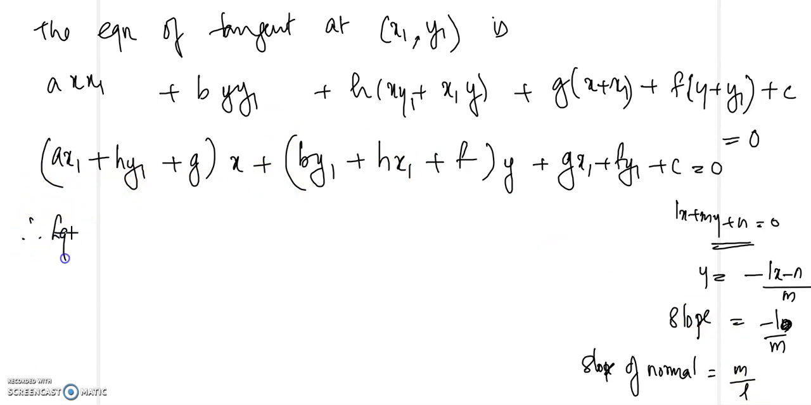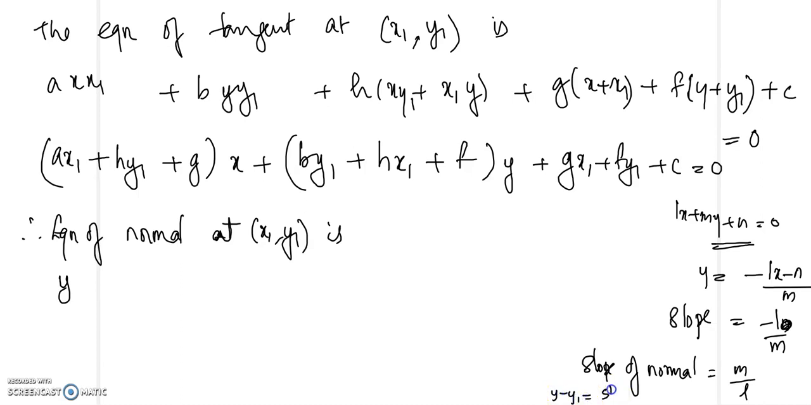So therefore the equation of the normal at x1 y1: the normal line passes through the point x1 y1. The equation of a line passing through the point x1 y1 is y minus y1 equal to slope times x minus x1. So the normal line slope will be m by l. So therefore the equation of the normal at x1 y1 will be y minus y1 equal to